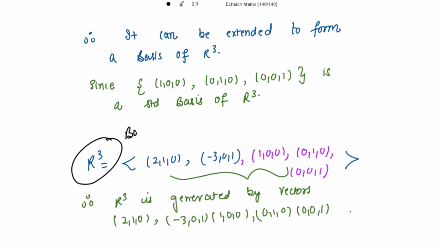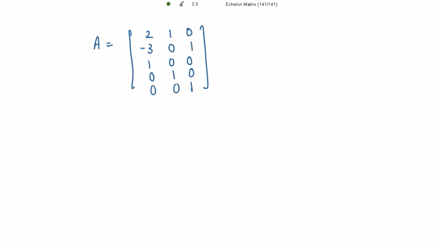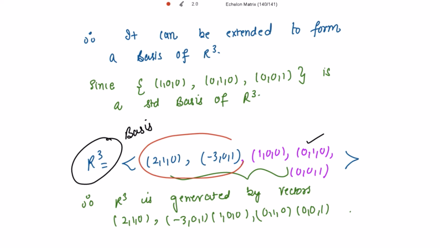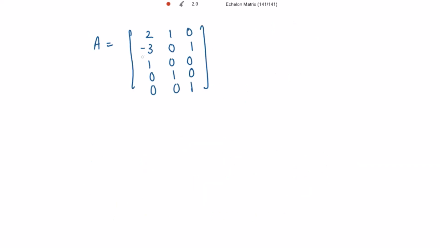And now to get the basis of R3, which is the extension of the subspace W, we need to write all these generators in a matrix form, and then we need to get the row echelon matrix from that. Before applying the operations, one thing you have to keep in mind, that the elements of these bases should not be disturbed. So these entries should not be disturbed while applying the operations, right? I'm having 1 in the second column at the first place, and it is easier for me to make this element to be 0.